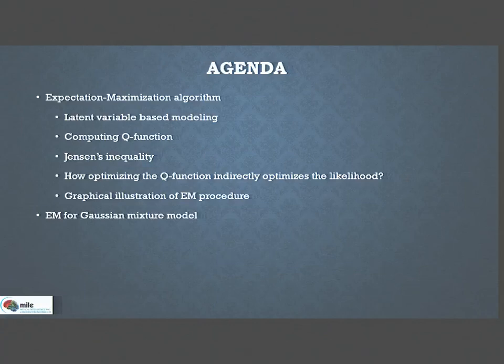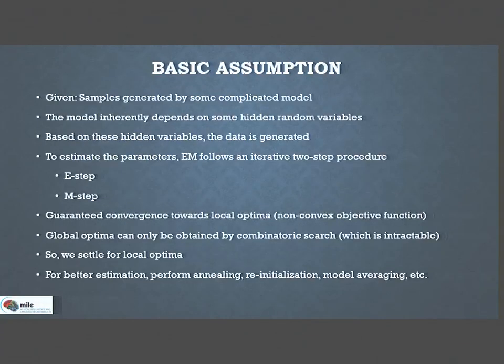And we have seen some graphical illustration of the EM algorithm where we see how we approximate the likelihood function using some convex function, and that convex function is nothing but the Q function, and we iterate it over some 30-40 times and do this estimation procedure. And we stopped at the E step for the Gaussian mixture model, and I told I will continue with the next class, that is today. So, we will see. Okay.